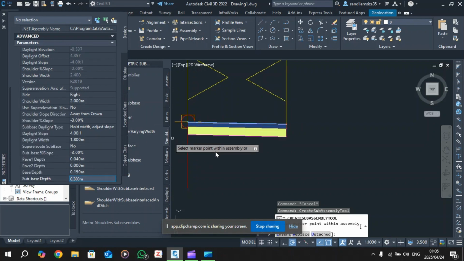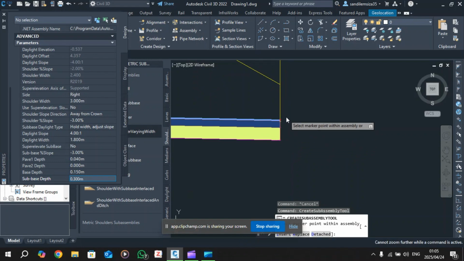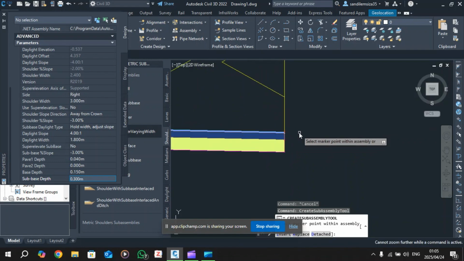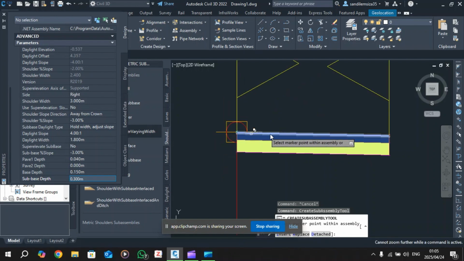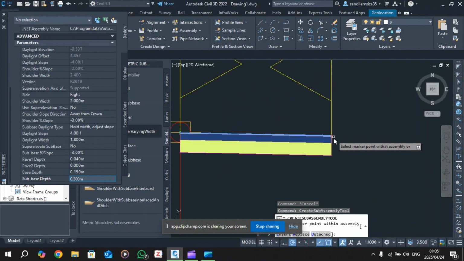Now, when you go over to your drawing, you don't click on this, because now what will happen is it'll place the shoulder on top. What you need to do is place it right next to your lane over here. Now, if you zoom in, you'll see, I don't know if I'm able to zoom in any further than this. Oh, man. Okay. So, there are these little circles. I don't know why I can't zoom in further, but there are these tiny circles